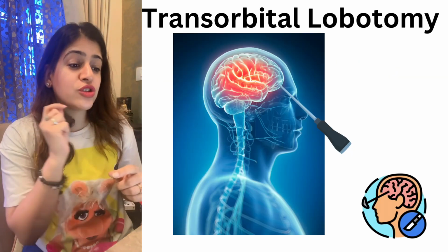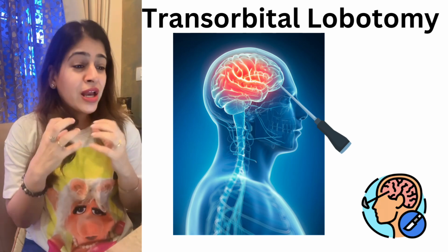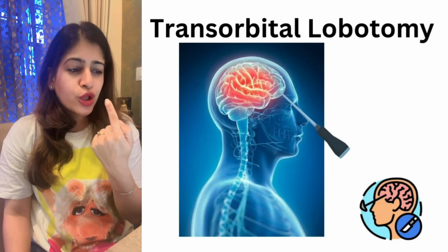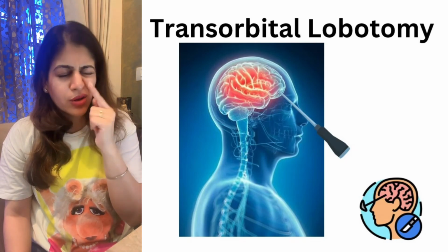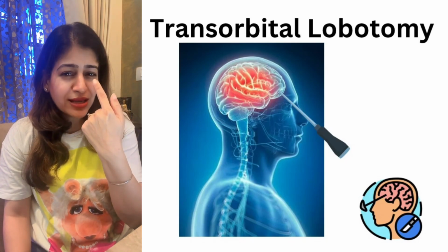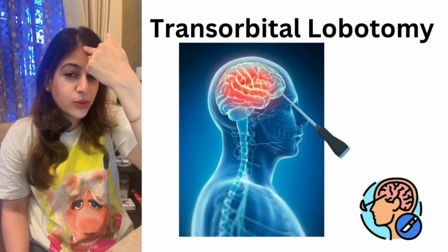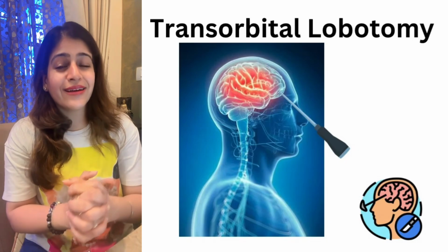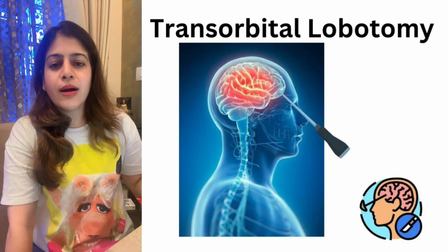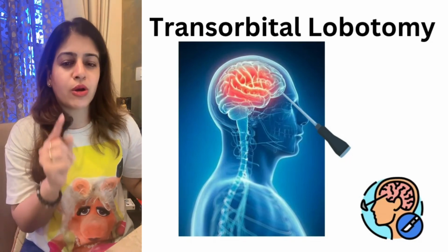Then there was transorbital lobotomy. How was this done? This sounds even scarier to me. In this lobotomy, a surgeon would put a stick, an ice pick, through the eye socket, from here. You can see right here in the picture. Don't picture my eye here. So the ice pick would go through the eye socket and directly to the frontal lobe of the brain. This was even scarier, but this is how it used to happen, and it actually did improve the condition of a lot of people,